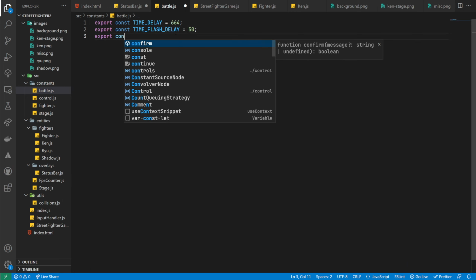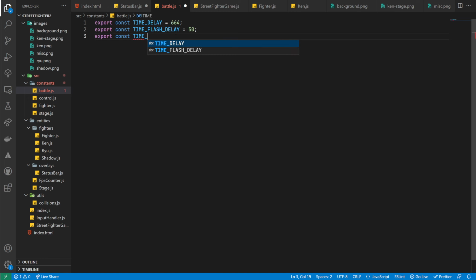Just like the constant before it, this is the length of time in milliseconds the time will display before flipping between the standard set of frames or the flashing set of frames. In regard to the frames themselves, we'll now add a lookup array called time frame keys. Similar to how we've done animation previously, this will hold the frame keys for the flashing animation. Although in this instance, we only need the key prefix, as we'll be using this and combining it with the